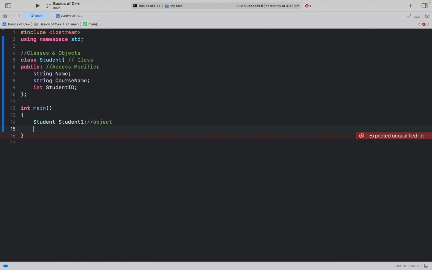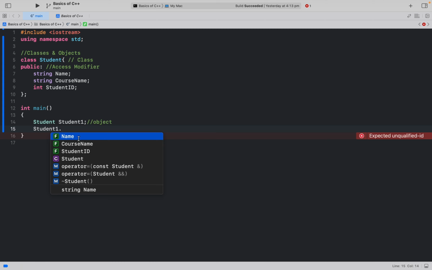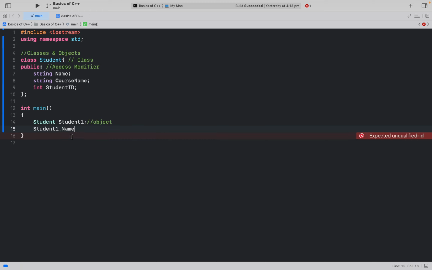And now what we see is we will write student1, put the dot in, and what we can see is we have name, course name, and student ID, and they are coming up. So we are going to first of all assign student name. We will type student name and simply assign the way we assign our string. So we can type Tom, and then we will assign